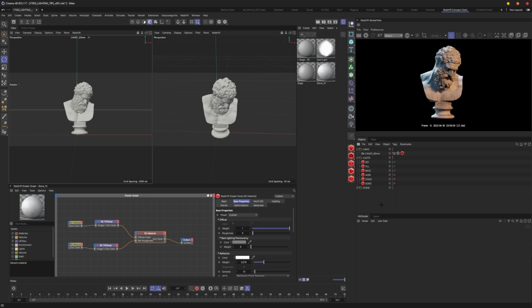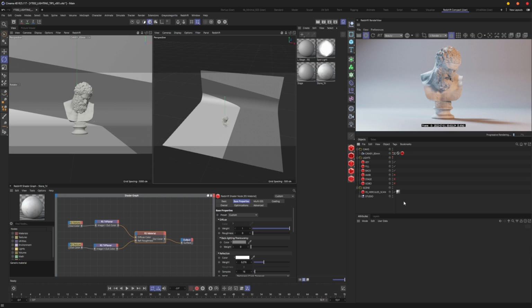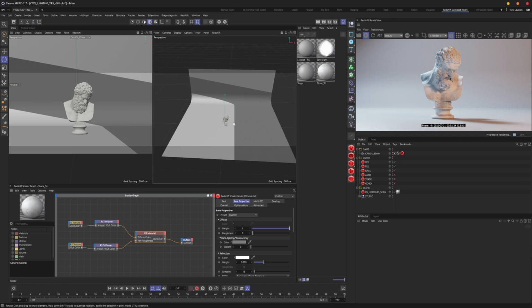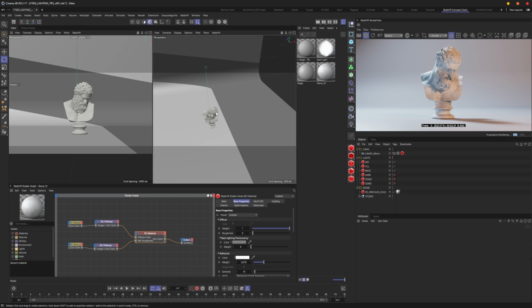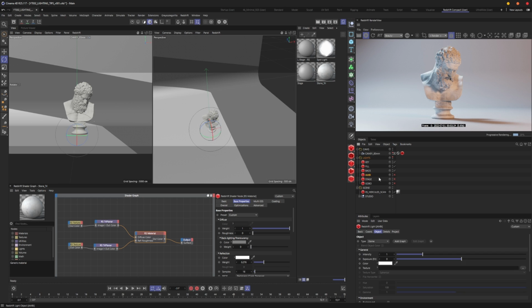Now, gobos are more of a stylistic choice depending on what your scene calls for, what your shot calls for. But gobos are awesome. I love using them. So what we want to do is, first of all, let's go ahead and light our stage here. And one thing, a little bonus tip here,